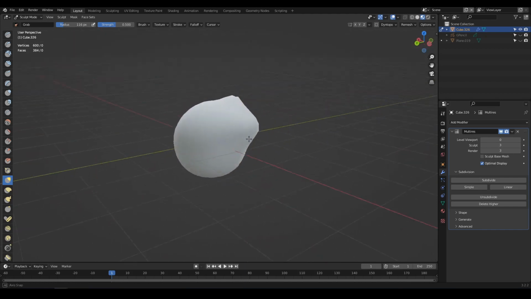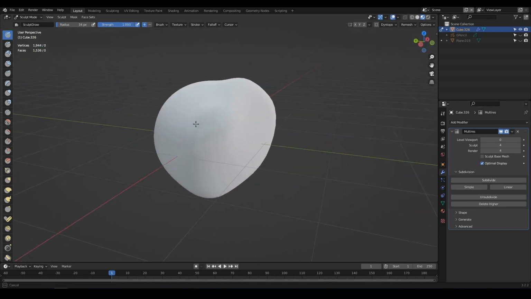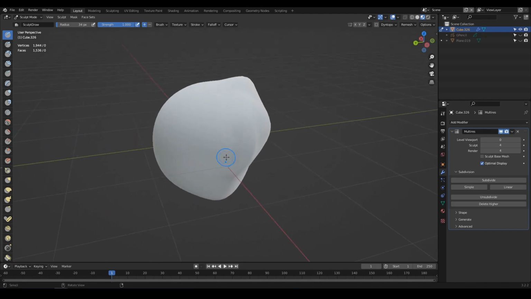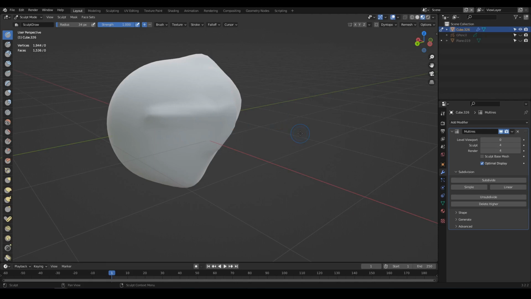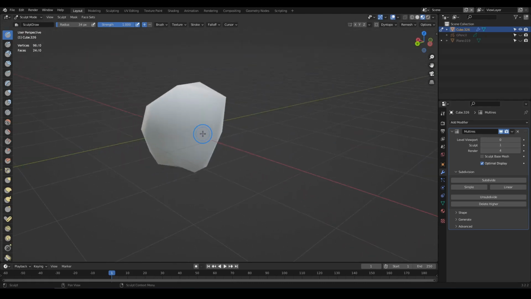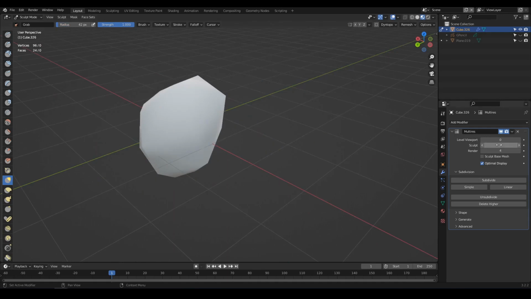Okay? So, what I'm gonna do now is adding another subdivision level to show you some kind of more detailed sculpt. Okay, this way, I don't know if you can see it, but there is a kind of bump on my shape now. What I can do is going back some levels before. You can see now the shape is simpler, and if I modify it at this stage, okay, the shape is modified as if I was at this subdivision level,